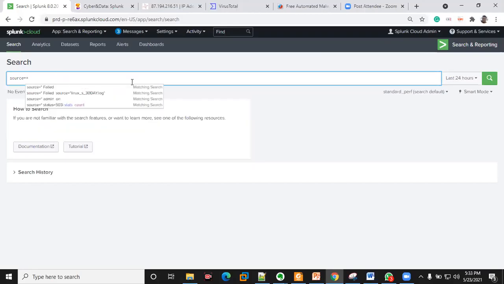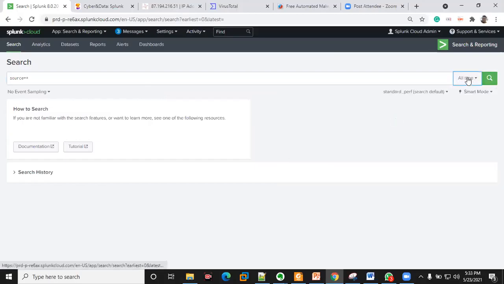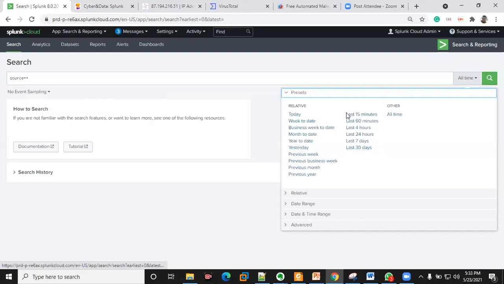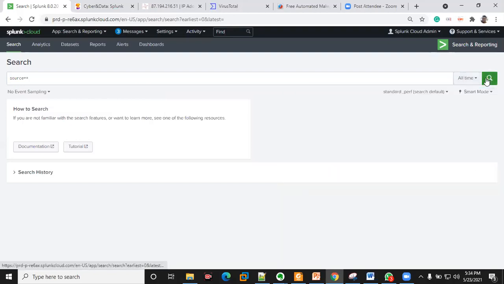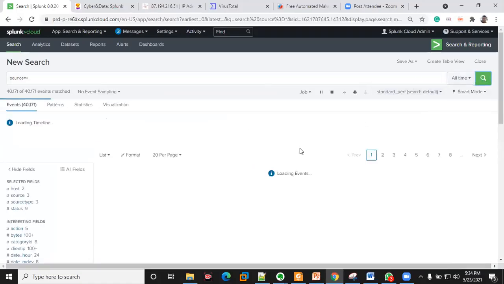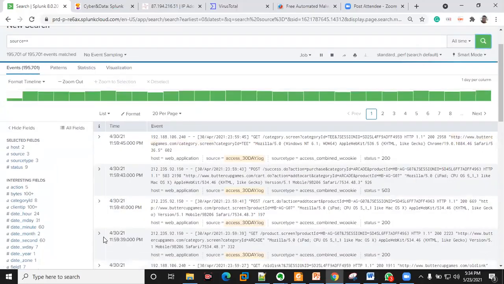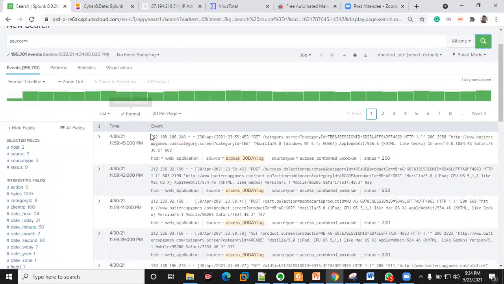I'm going to do a wildcard search. And because we are using manual data, I'm going to do an all-time search. This is where you can pick the time range to narrow your search. Because you're not using real-time data, you can see from this part, these are events. These events that we have are about